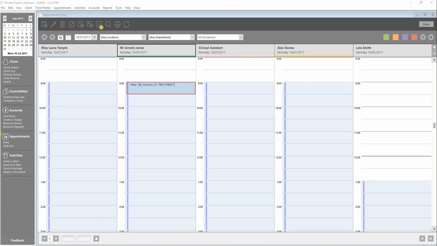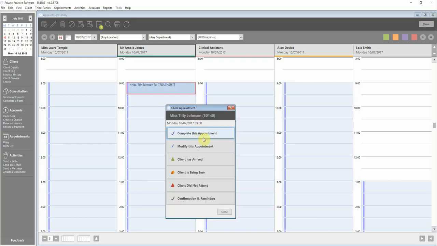How to create a charge and raise an invoice in PPS. Now there are a few different ways of creating a charge, probably the most common of which is from an appointment. So when you double click an appointment to complete it,